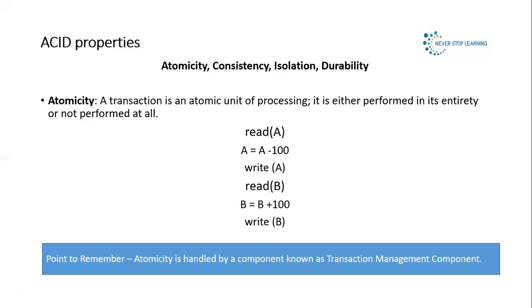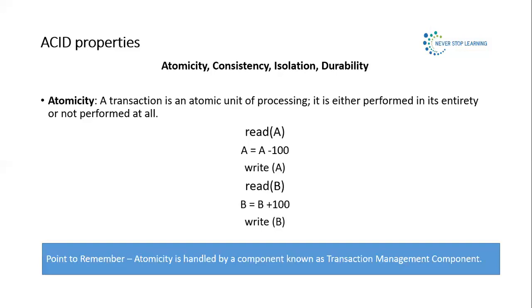Now, what is happening when I'm writing this command read A? Before transferring the money, we will check the balance of account A, and the same thing we will do for account B also. Then only we will either debit or credit the account. So here I want to transfer 100 rupees from account A to account B. As soon as this instruction read A comes, a local copy of the value of A will come from the disk and main memory into a temporary buffer.